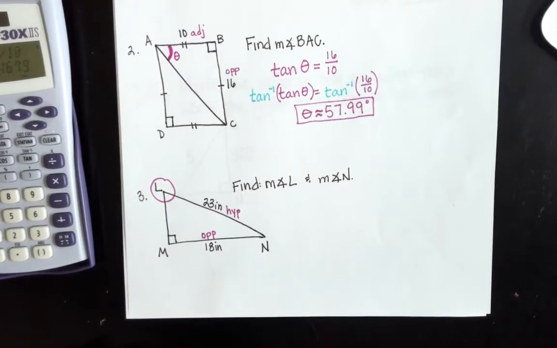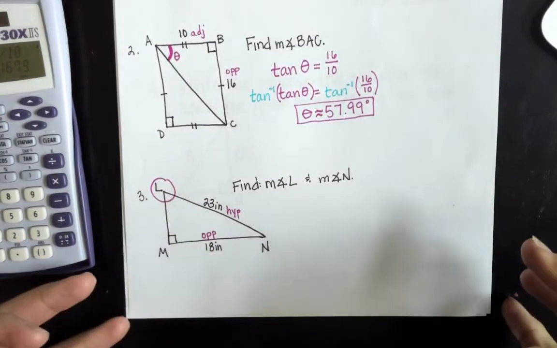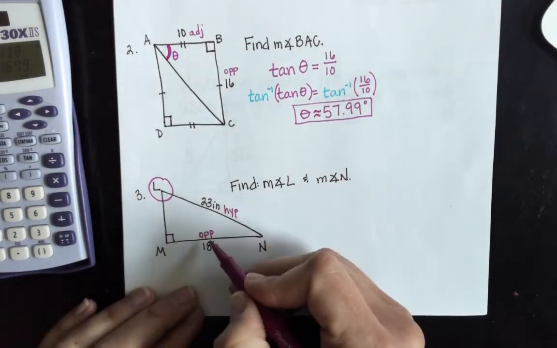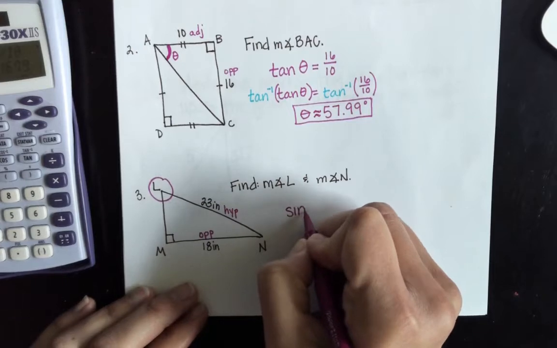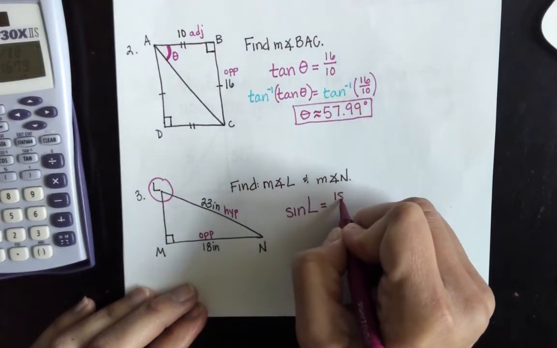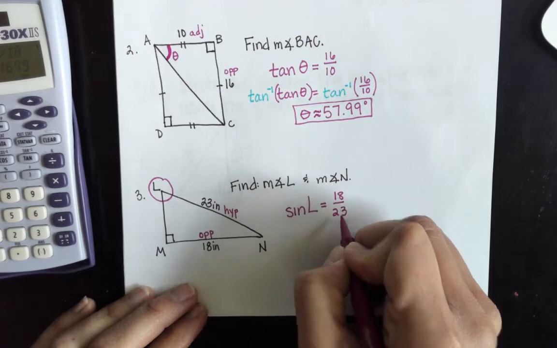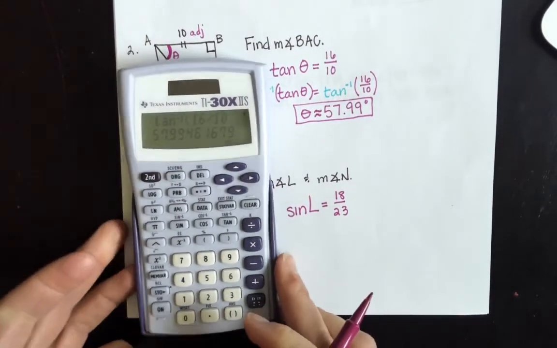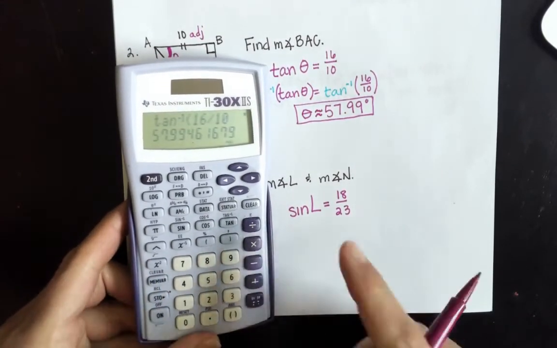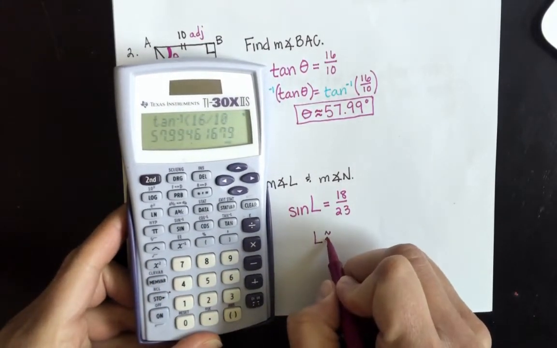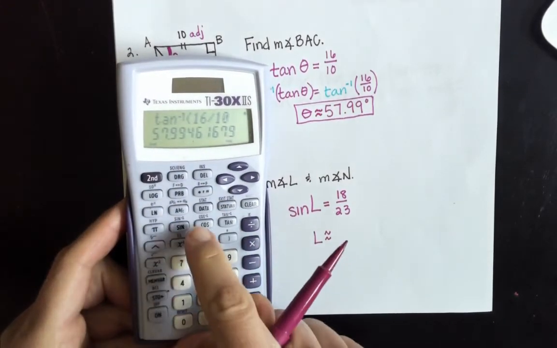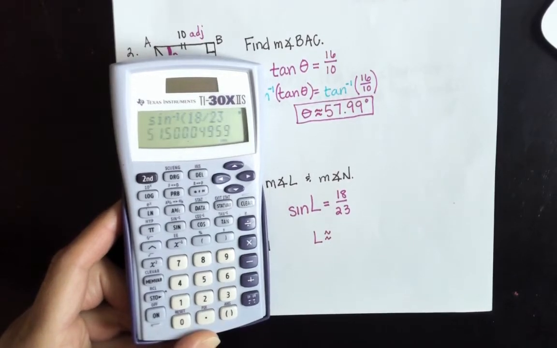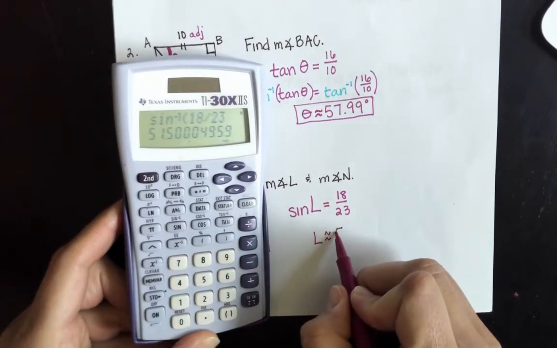hypotenuse. And those two, again, if you can't remember, SOHCAHTOA is a good mnemonic device. So we're going to use sine. Sine L is opposite over hypotenuse. And this time, I'm not even going to write all that out. Just pay attention first. You can see how fast this goes. L will be approximately second sine 18 divided by 23, and you get your answer of